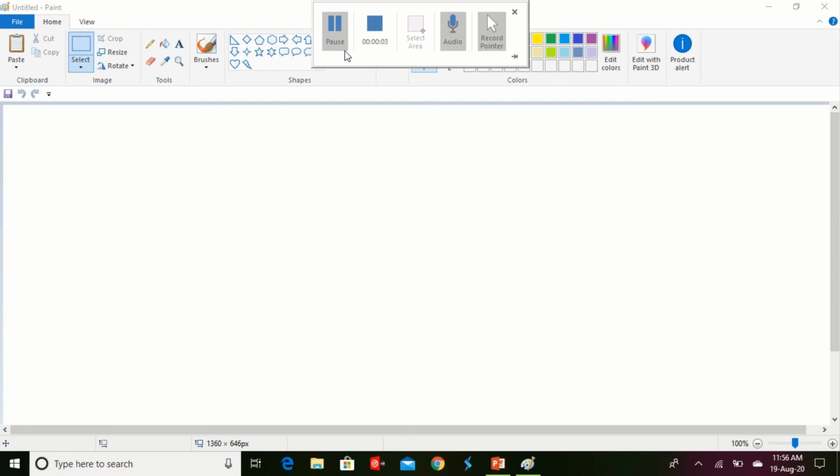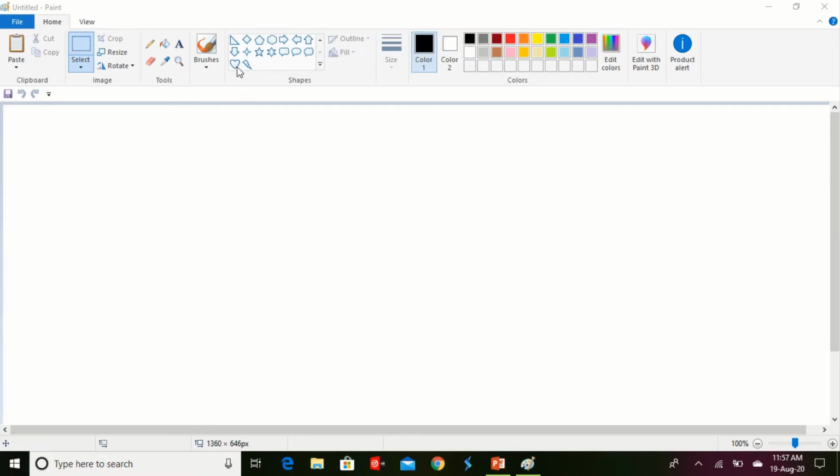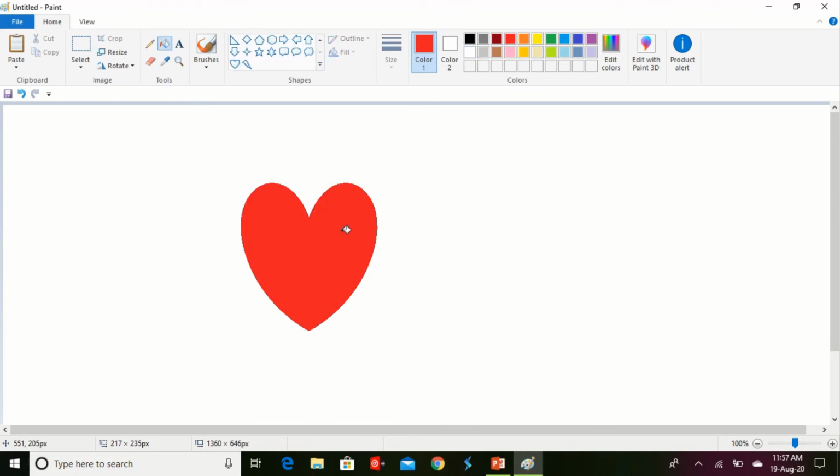Here we will learn how to rotate and flip an image. Before that we need to draw an image on the screen. How to draw? I am going to take some shapes here. Say for example, I am going to take this heart shape first. I draw it here, a heart shape, and fill it with color, as you know how to use the shapes. And say for example, I take this arrow with a different color, okay, and I fill one color inside it. Say green color, I am filling inside. So here we have two shapes.